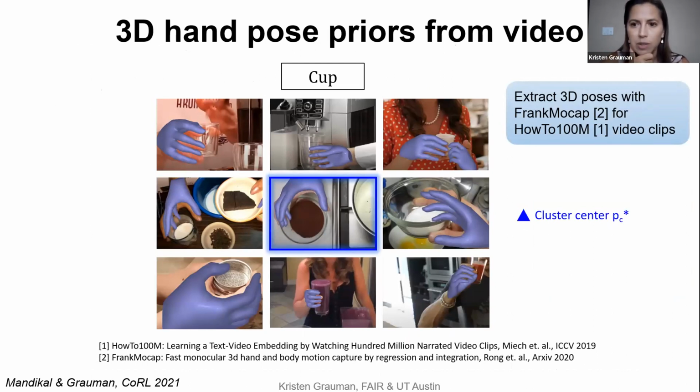In this case, we're using the 3D hand pose extractor called FrankMocap that's from existing work. We chose it for its speed and its good effectiveness. And that's what all those blue hands are. Those are 3D poses that you can read out of these images. And if we cluster them, we'll discover that, okay, every time we see cups, these are the types of hand poses that are being used. And there can be more than one, but we'll find whatever the consensus poses are.